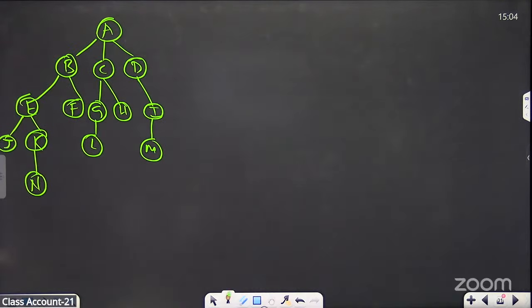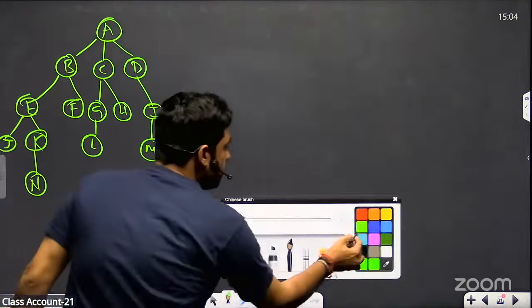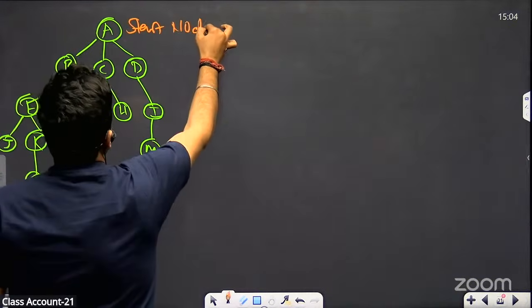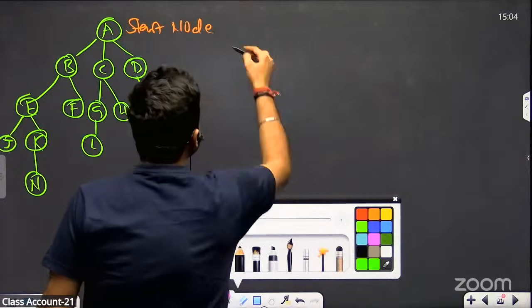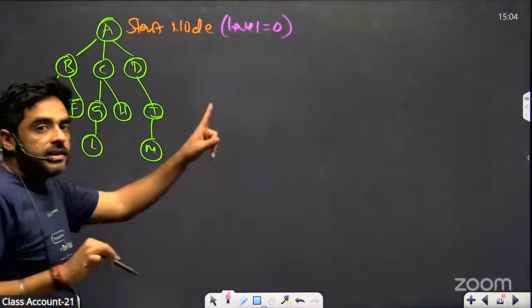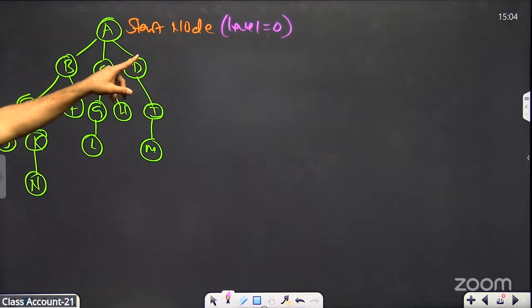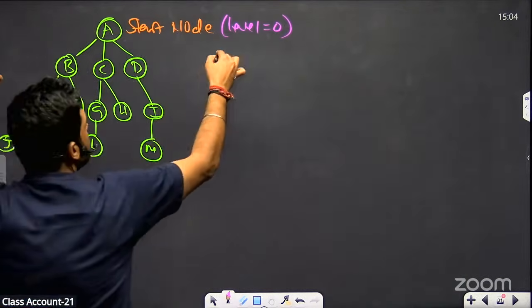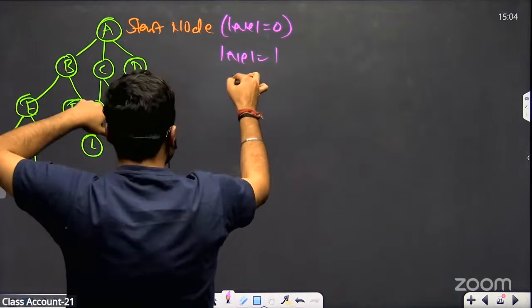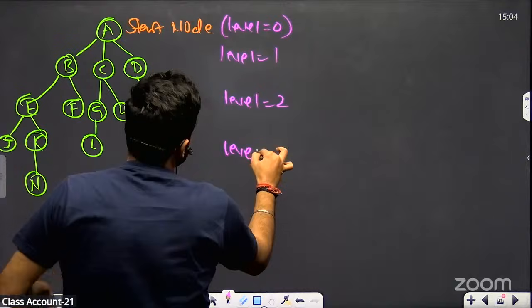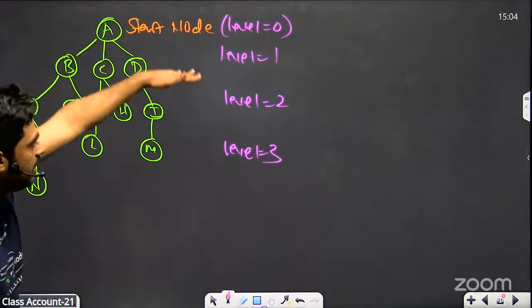Okay, so I'm not specifying goal node. I am just specifying that it would start from here. Okay, this is the start node, and this is generally known as level 0. ये क्या है? ये start node है. इसके बाद ये वाली लेवल 1 आ जाती है, level 1. Subsequent level increases. Okay, this is level 2, this is level 3. तो इस तरीके से level increases.